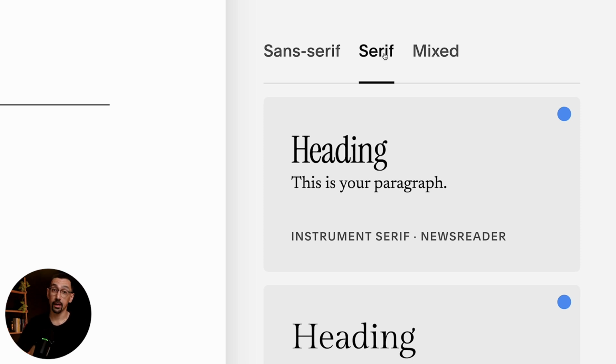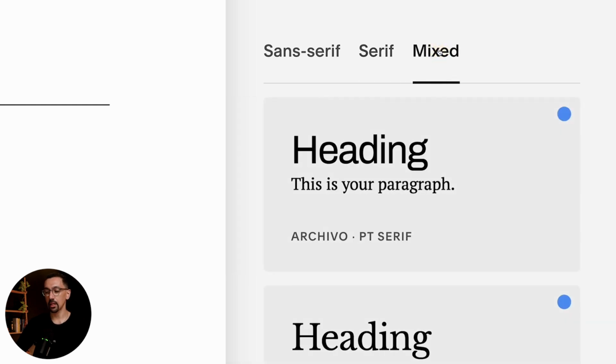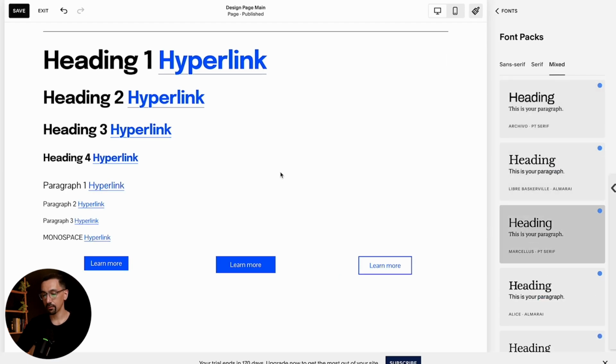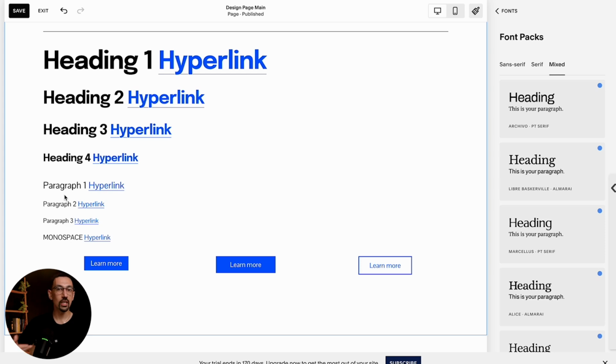Serifs work really well for a lot of body text, a lot of paragraph text. If there's a lot of reading on your website, serifs work great for your paragraph text. And then there is the combination where you could do both, where you have a header that's, let's say, a sans serif that's more strong like this, with a body text that is more reader-friendly and legible. And the key things we're looking for here, not just beauty, that's gonna be our main goal, but